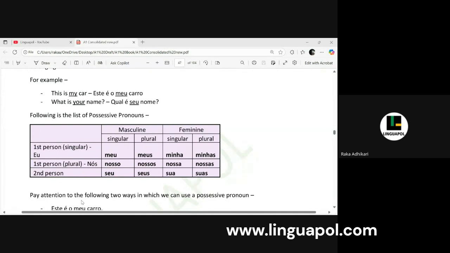Yes. Okay. Can anybody give me one example in Portuguese of any possessive pronoun that you know or might have used before? Any random example. You all have used these words at some point or other in your homeworks as well. So can you remember the use of any of these words? You can see them on the screen also.